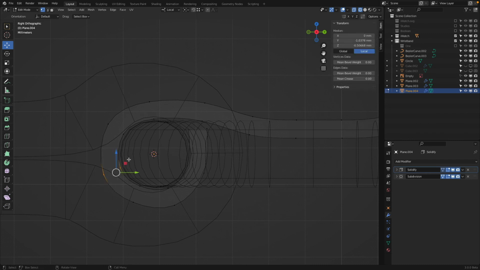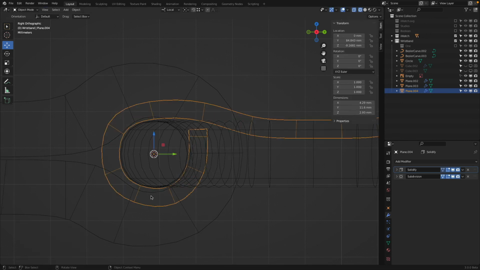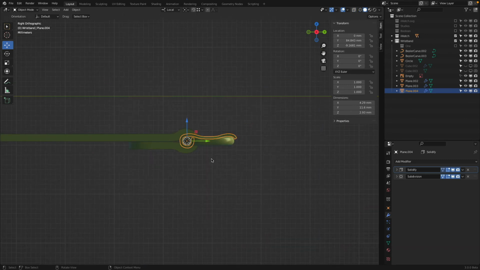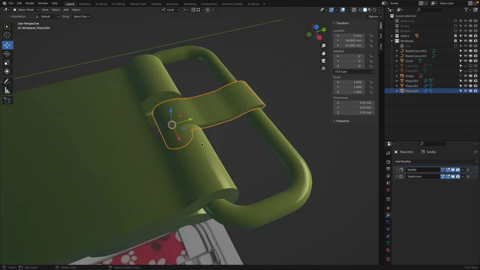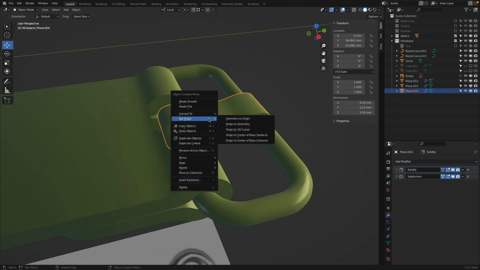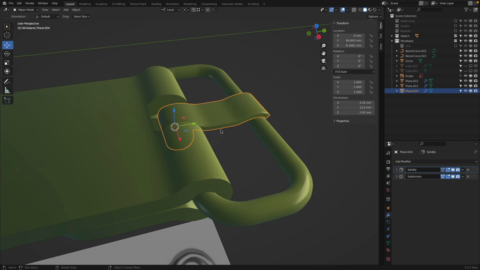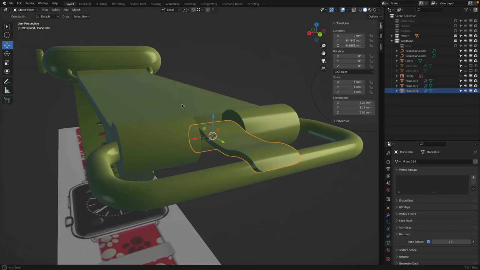No, no, no. There. No, no. It's still kind of kinky down there. Kinky. Man, that's not what I meant to say. I meant more not smooth. Okay, it has a kink, English. So shade smooth, auto smooth. Okay, so